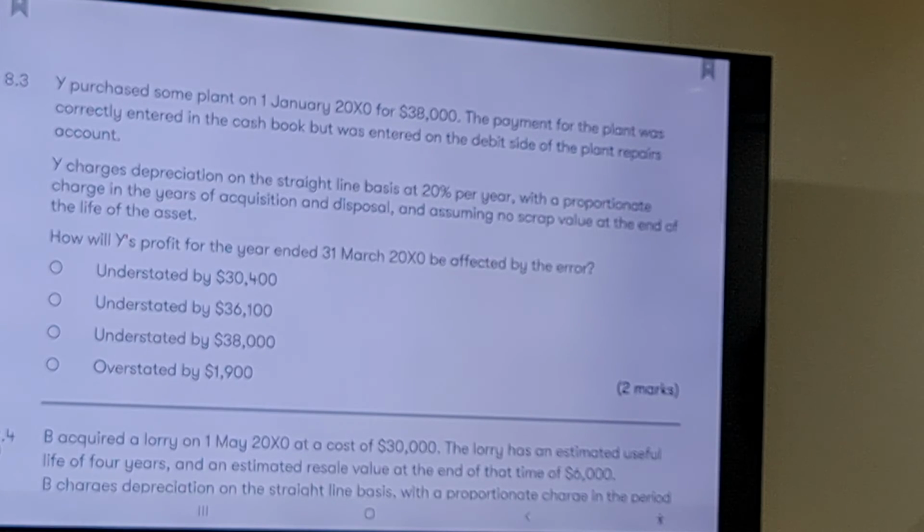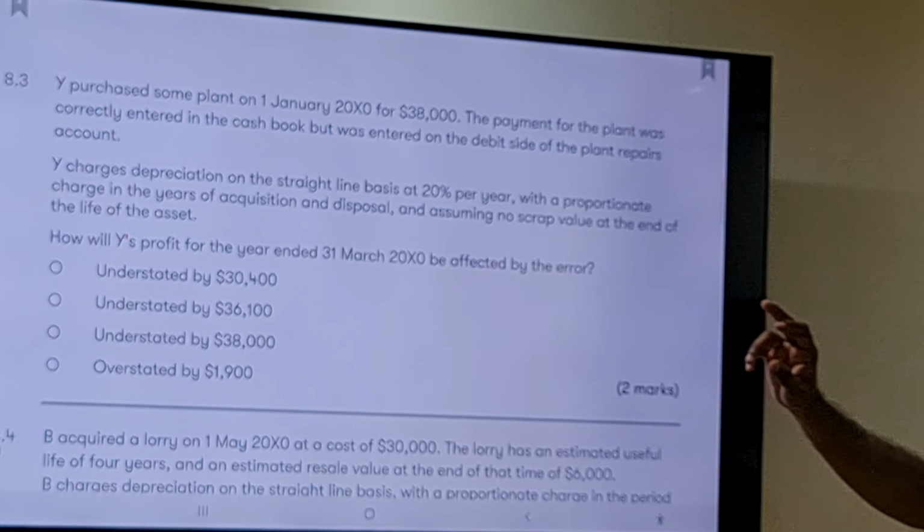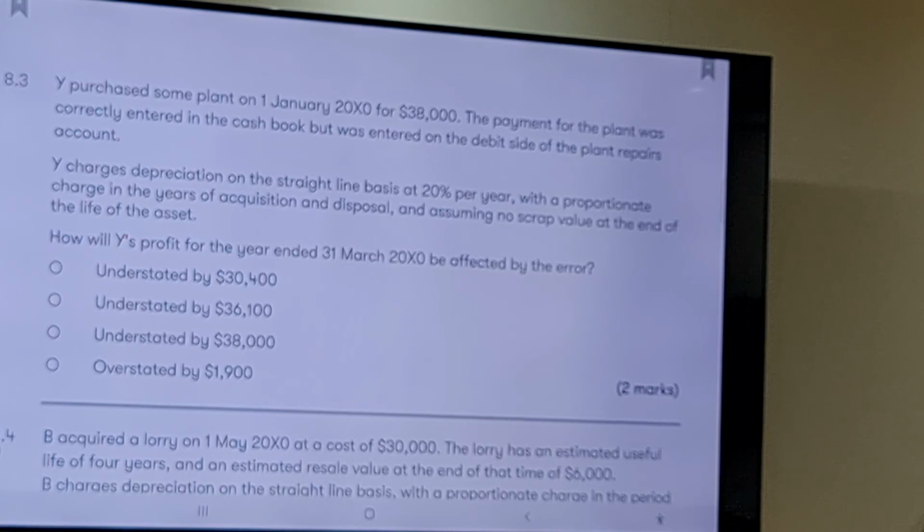Depreciation for 3 months was 1,900. That's correct. That's also important to understand, because they are saying here it's a proportionate charge. So that's why you calculate it. Clear? So now you complete that. You calculated this. So now